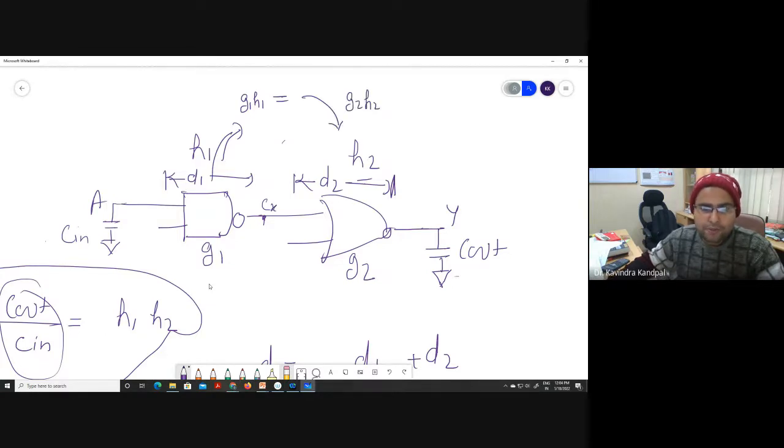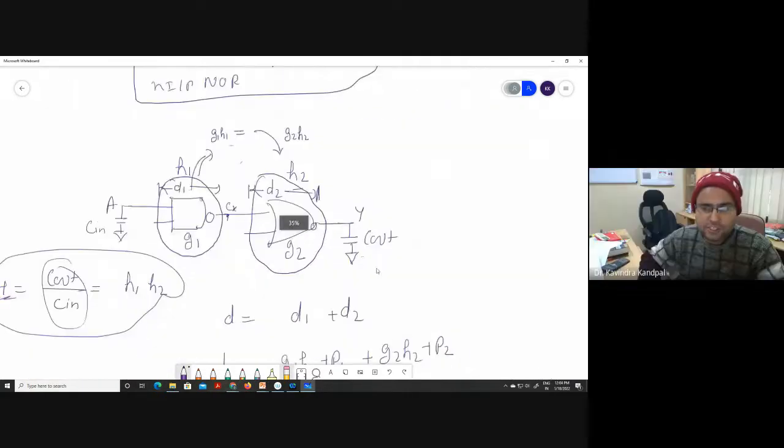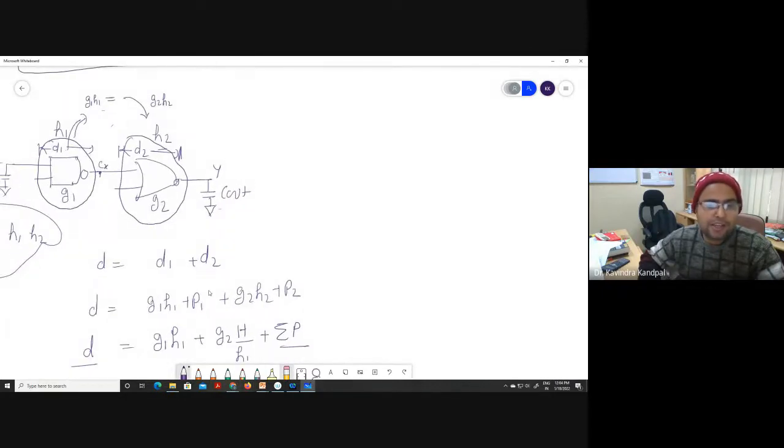Are you getting my point? It means this stage should put in the same effort as that stage; each should provide the same effort. The effort delay of this one, G1 H1, has to be equal to G2 H2. Are you getting my point? All of you? Yes, sir. If G1 H1 and G2 H2 are the same, in that case the